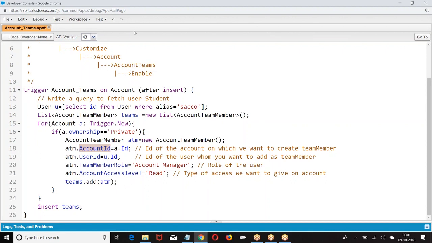Exactly the same program. Instead of account team member, you made it opportunity team member, opportunity ID, opportunity access level. Rest all the program is the same, right? I hope everyone is good, right, boss?